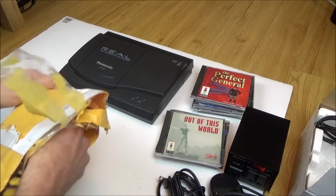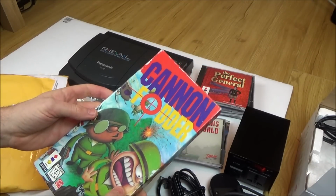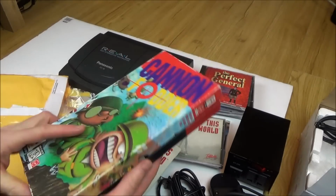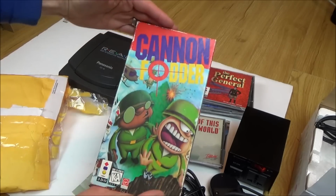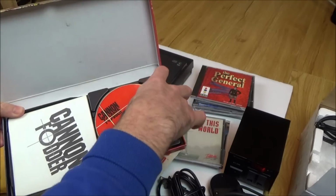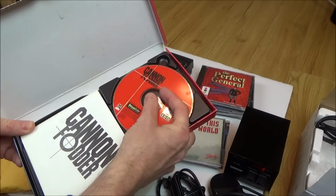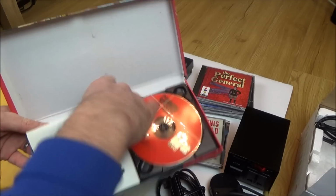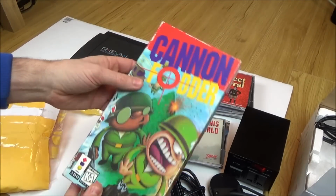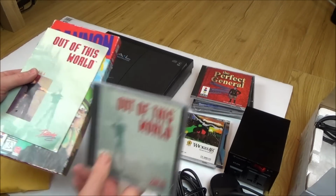What's this now? Oh wow, look, this is a... so look. That's interesting. That's absolutely huge. Look at that, it's much bigger than VHS. Cannon Fodder. Sure I've heard of this game. That's nice, isn't it, with the instructions down the bottom there. I like that. Okay, Out of This World, so that's the instructions for...